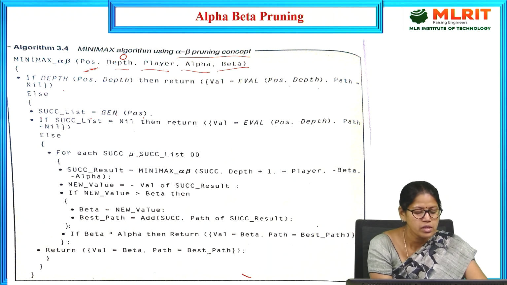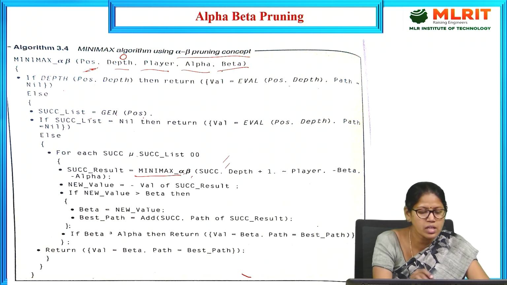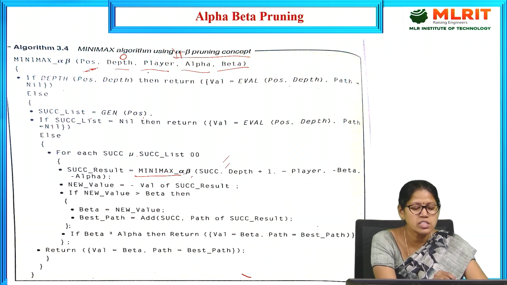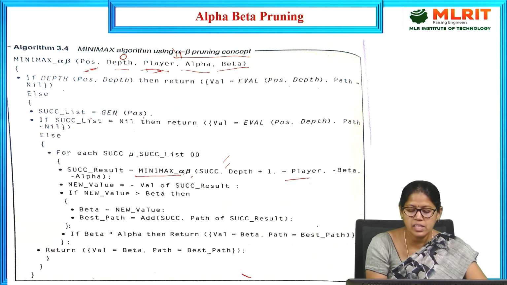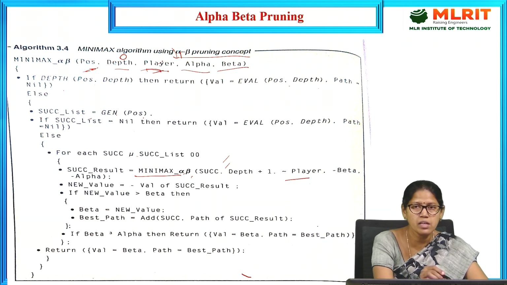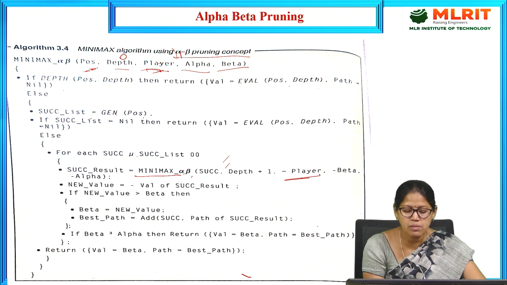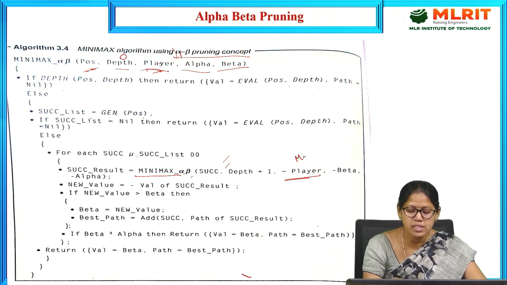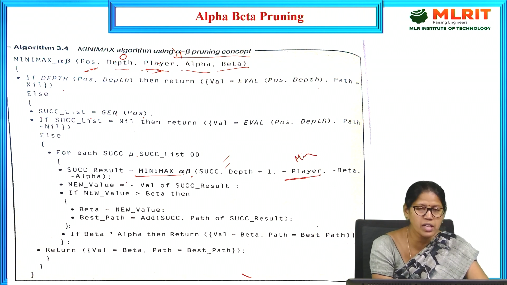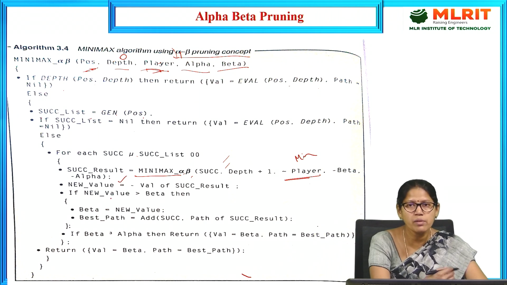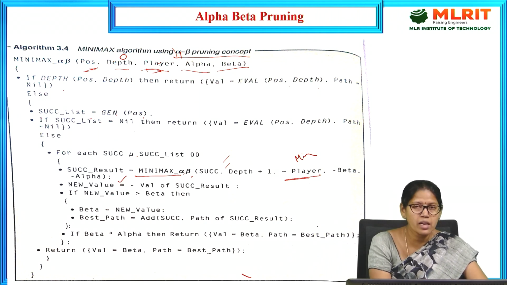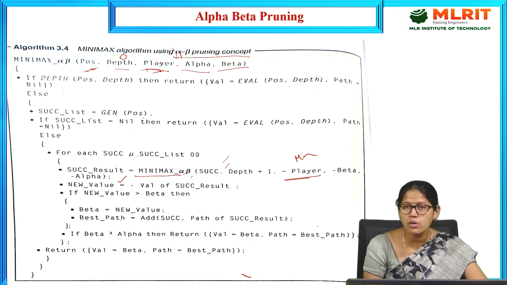It will enter into the loop. It will list out the successors and it will apply the minimax alpha beta pruning. Once again it will go to the next one. So first initially it will play the max player, later the negation of the player. When it is the player, then the max player will play; negation of the player means the min player will play the game. Next, it will update the new value. Whatever we have seen in the example, this is the algorithm for that example. Okay, beta equal to new value, best path equal to add successors comma path of successor list,